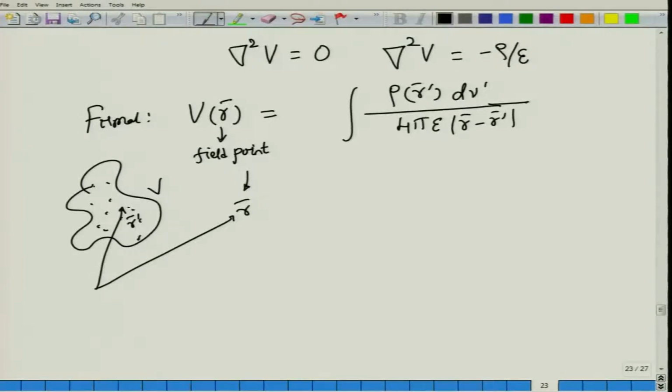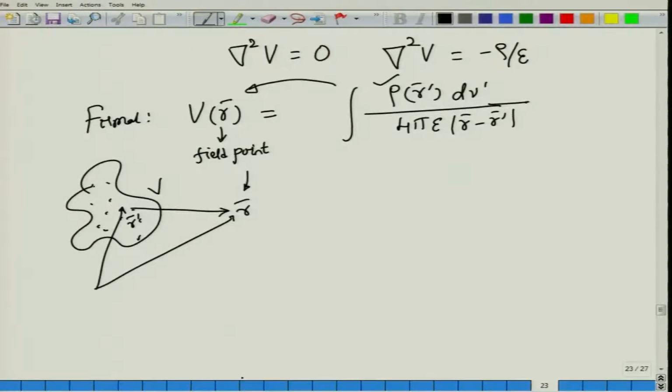This r minus r prime will be the line that joins the source point, the point where the charges are located, to the point where you are calculating the field. This can be a line integral, volume integral, or a surface integral depending on what type of geometry you have. So given rho of r prime everywhere in the region, it is a reasonably okay matter. I am not saying it is very simple, because someone has to carry out this integration, and this can even be done numerically, but if this source is given, then it is rather trivial to determine the potential in the entire space.